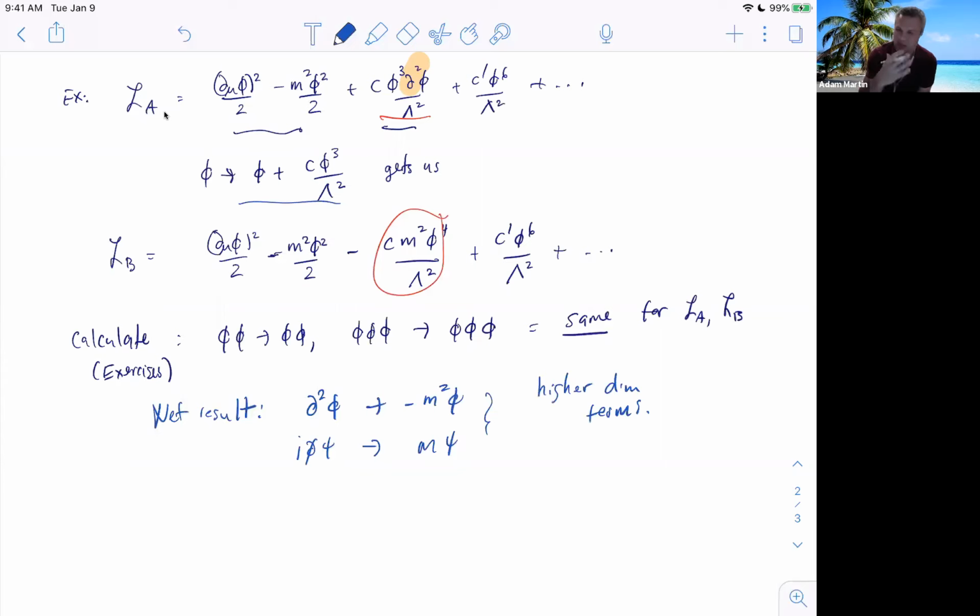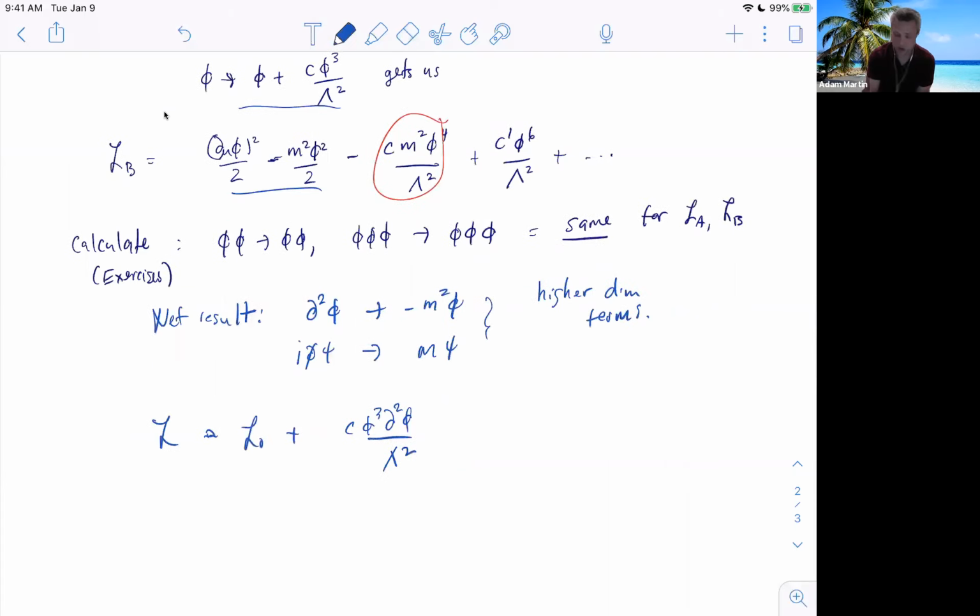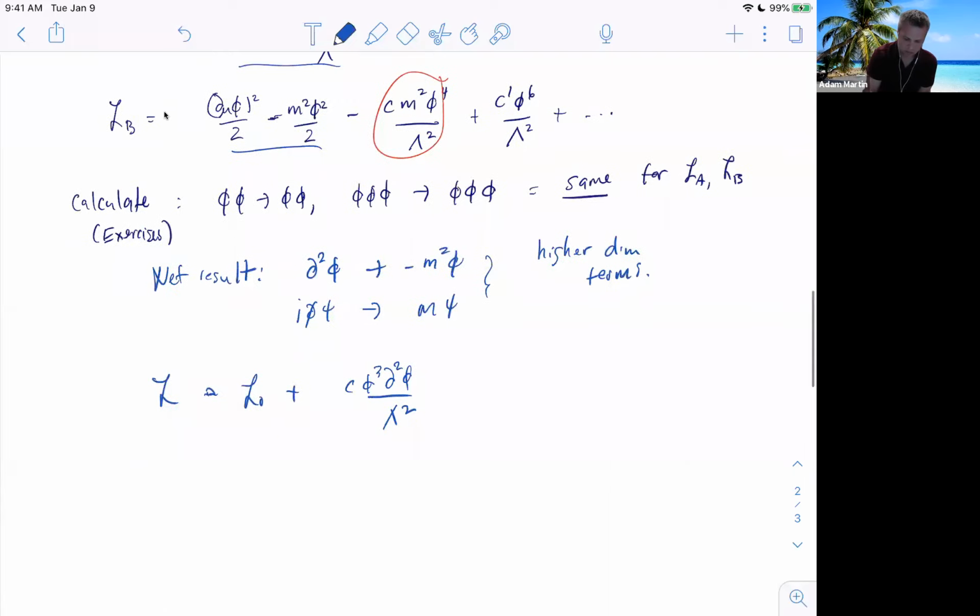And another thing that I didn't specify completely clearly last time is you're always just using the dimension 4 or less equation of motion. So you can imagine I write down a theory and it's got some dimension 4 Lagrangian plus some thing at dimension 6. I can swap this out for minus m squared using the equations of motion, or using this field redefinition. See, even I'm guilty of this. This will give me something that's minus m squared, c phi to the 4th over lambda squared, plus